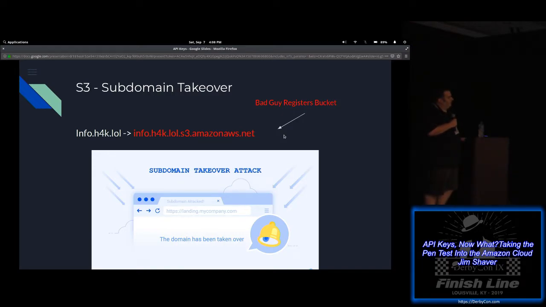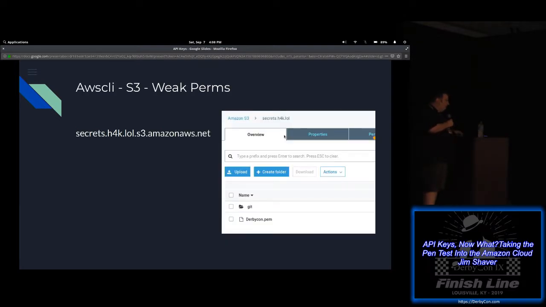Basically, the fix for this is to make sure when you decommission static websites that are buckets, you also decommission or change the DNS record, okay? So that's a super simple example. We're going to do another more complicated S3 example around weak permissions, okay? So this is secrets.hack.lol, and basically what's in here, I've got all my good AWS credentials and passwords and keys and stuff. I guess it's all in keys.